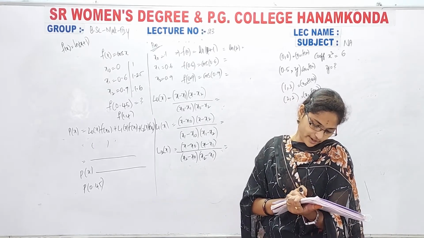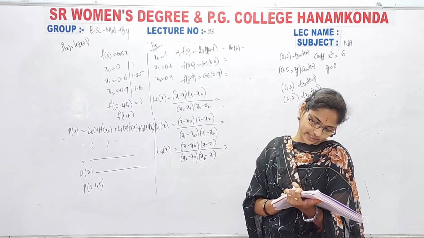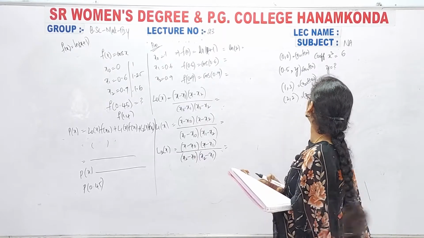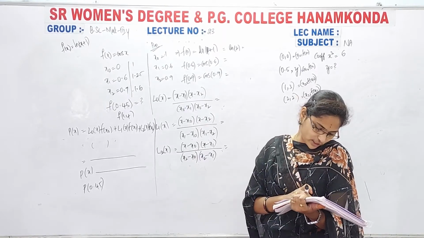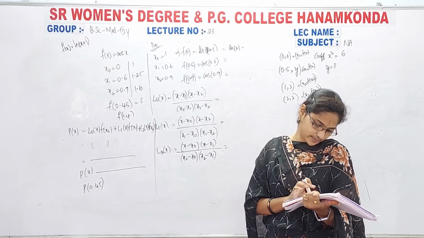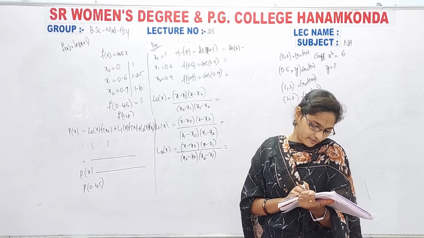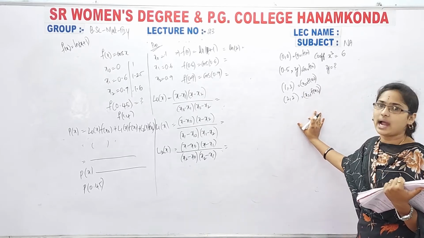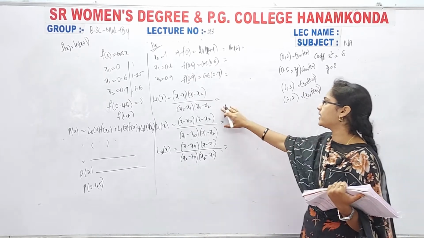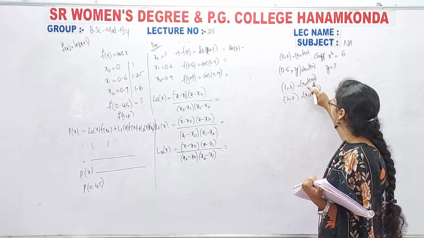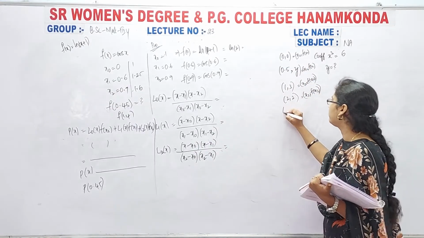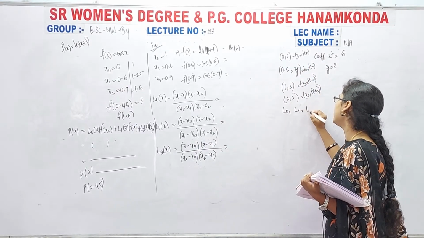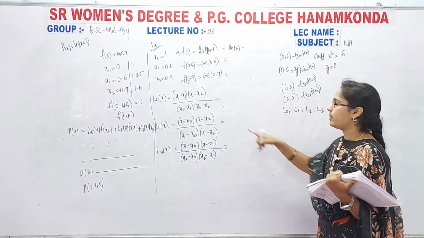Let p3 of x be the interpolating polynomial for the data, with 4 points here. The coefficient of x cube in p3 of x is 6. Find y. So directly here we have to take the values, and already we have x0, x1, x2, x3. So now you have to calculate L0, L1, L2, L3 by taking the formulas.